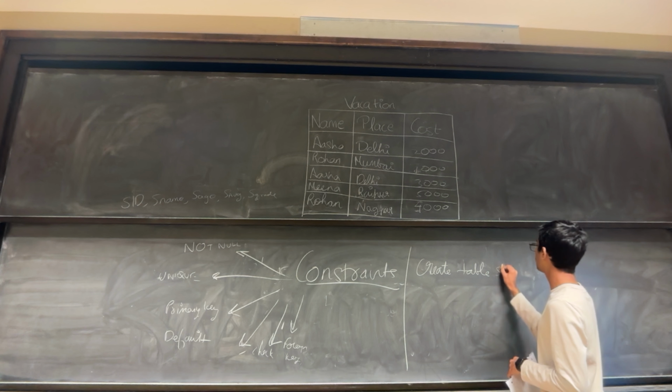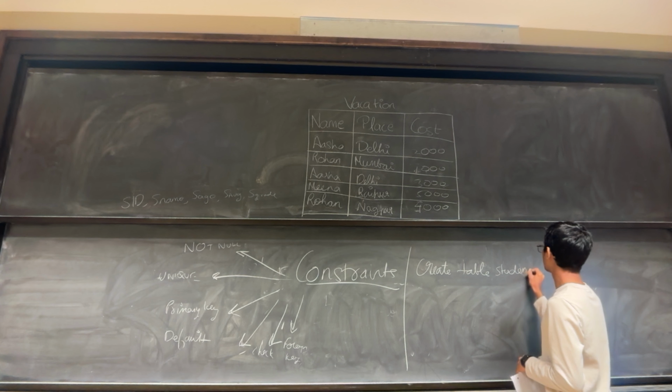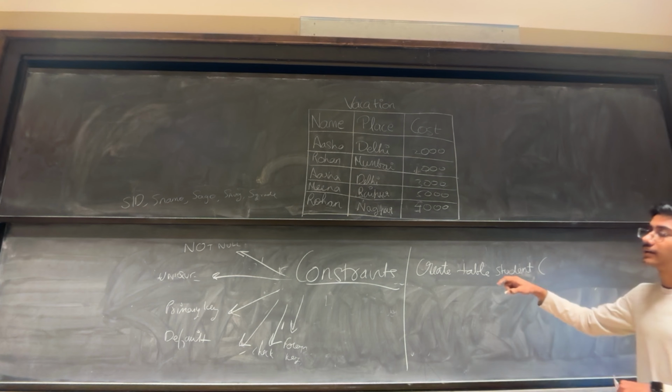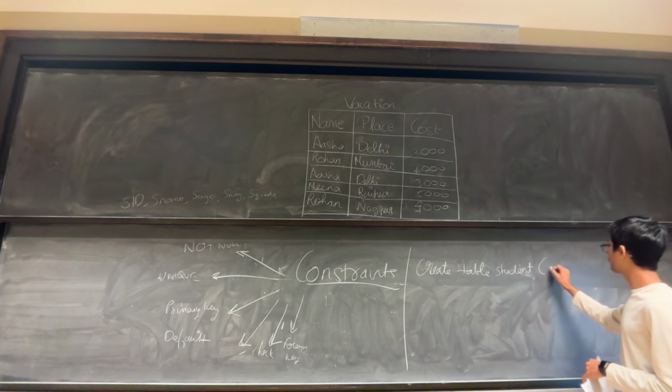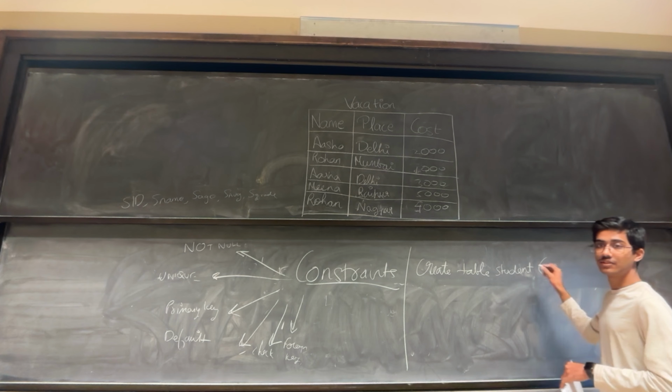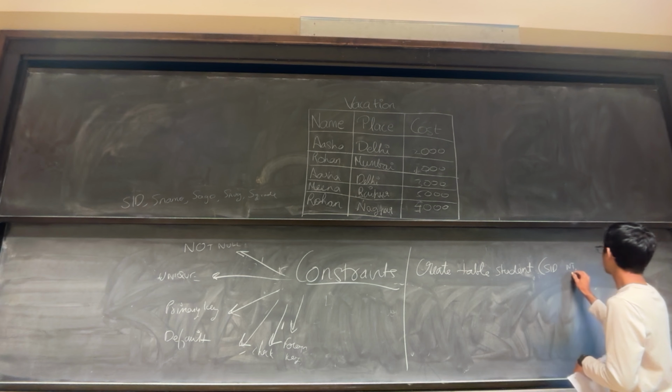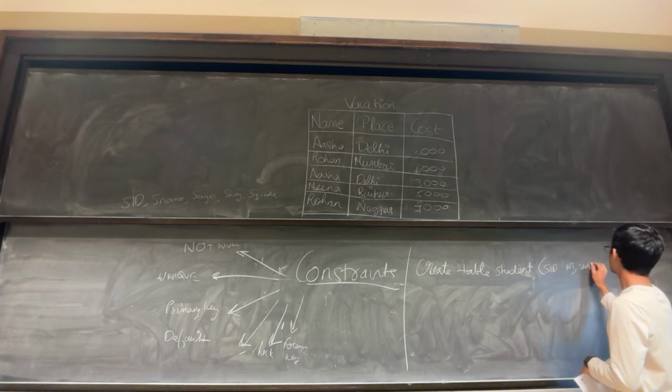So create table student, open brackets, and the first column I have is SID, which is an integer. So SID int comma S name, which I want to be a varchar of length 30,